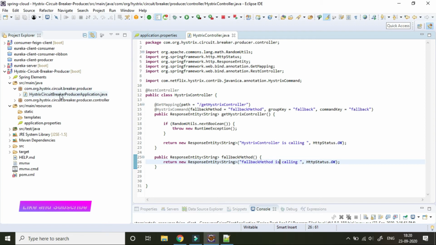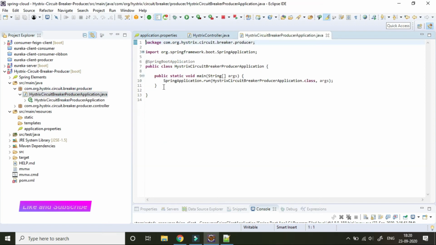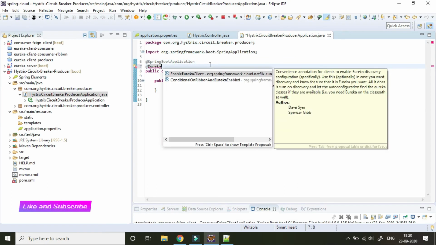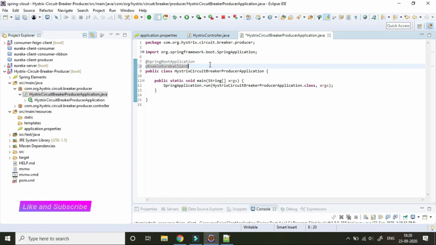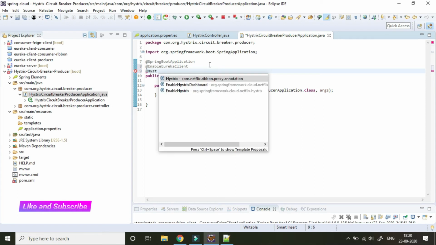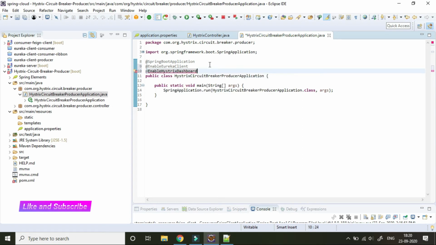Now we have to do two more things. We have to annotate it as a Eureka client. Once we annotate it as a Eureka client, this application will register itself into the Eureka server. Again, we have to annotate it with the Hystrix dashboard annotation.